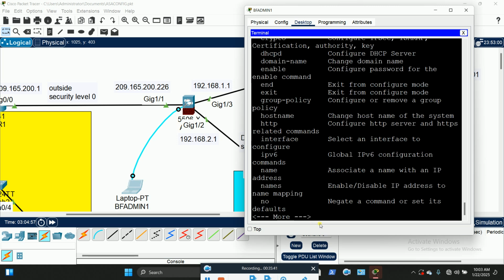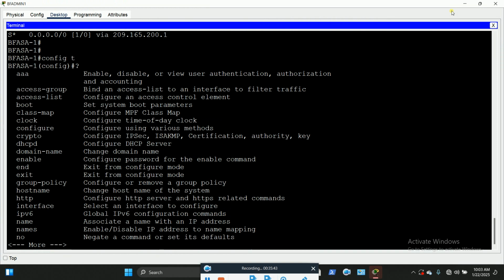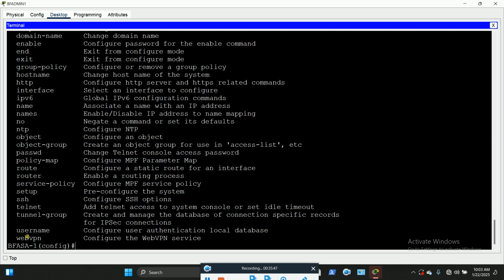Press shift and the question mark. You see that we have object. Can you see? It says configure an object. So before you can configure NAT on an ASA device,